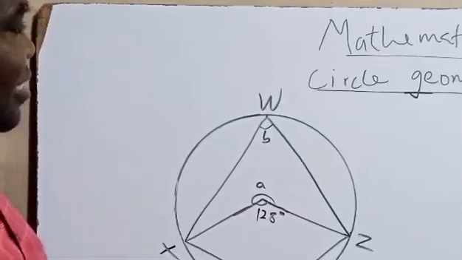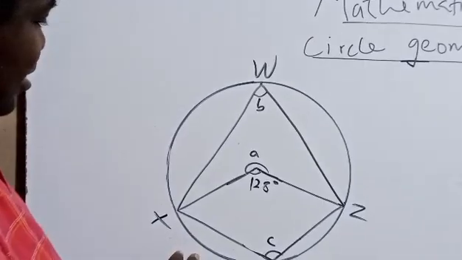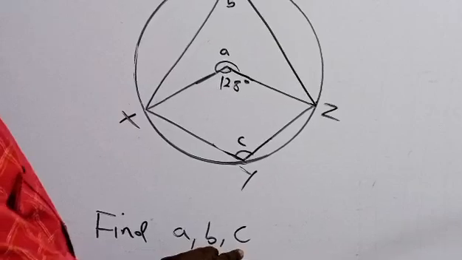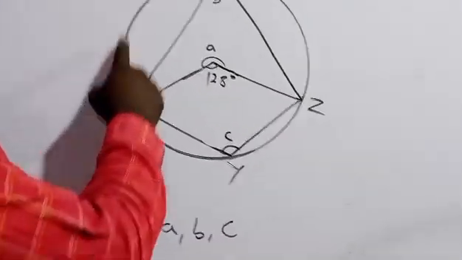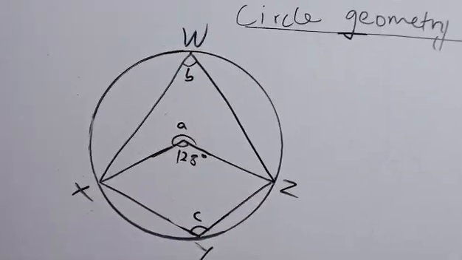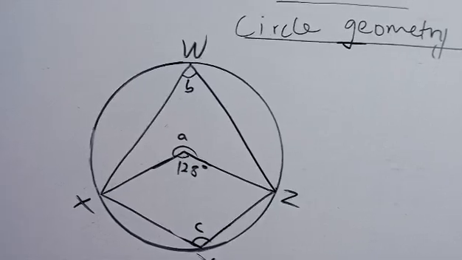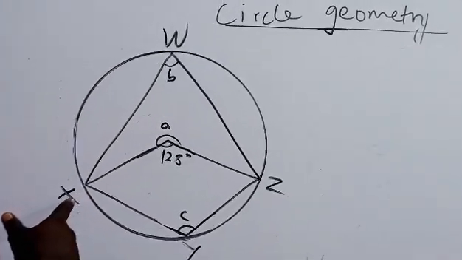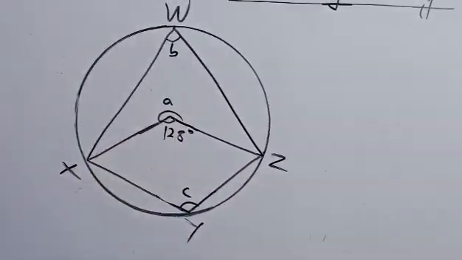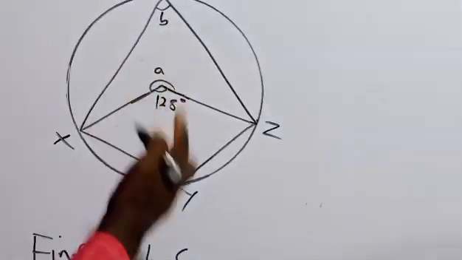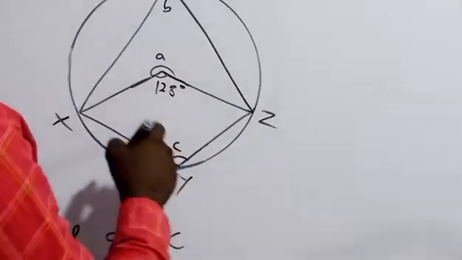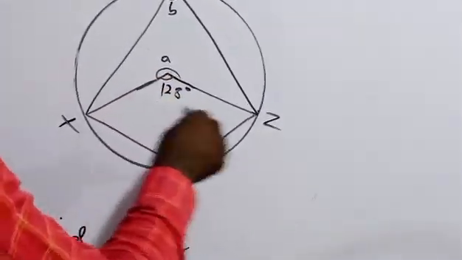Hello friends, in our class today we are given this question to find A, B and C in this our circle geometry, and to solve this problem we can see that we have x, y, z and w. The theorem that is suitable to solve this is two theorems or three, depending on the one you desire to use. But the one I will use is the first one that says